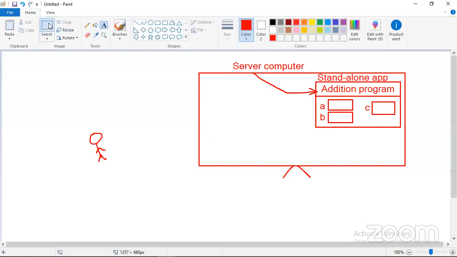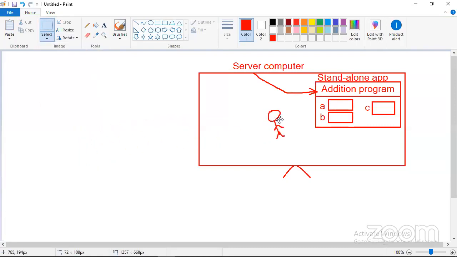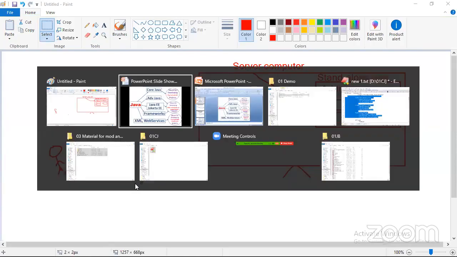A program that can be accessible only from the computer where it is available is a standalone application. To access that program, you go from your home to the place where the program is available. Did you get clarity on the meaning of standalone application? Now look here.